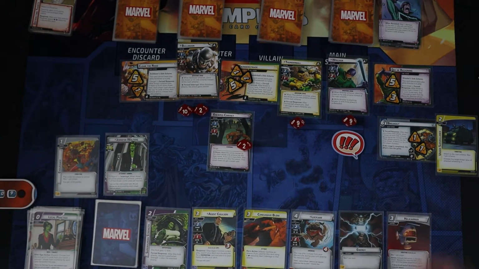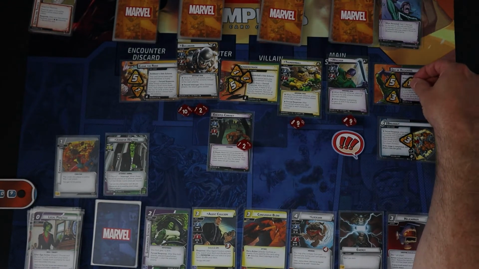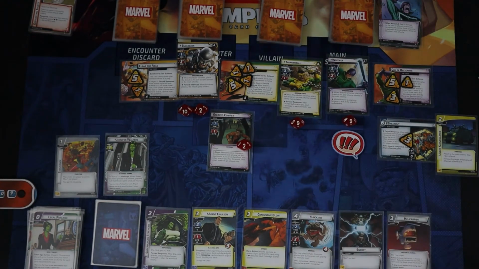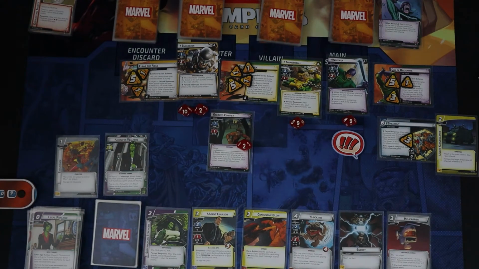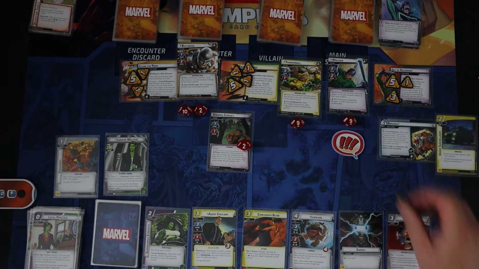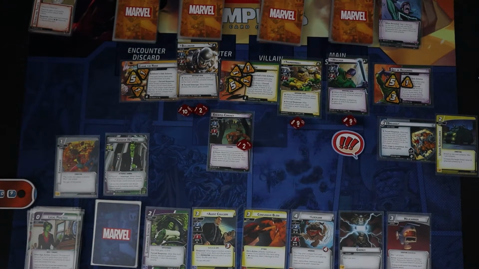Okay, so the start of the main phase, the main scheme will go up to 3. And then we'll have to place 1 threat on everybody's scheme. So he'll go up to 9. He'll go up to 8. And Bulldozer will go up to 7. And then, oh, by the way, I'm going to actually object to the main scheme with her, so it'll only